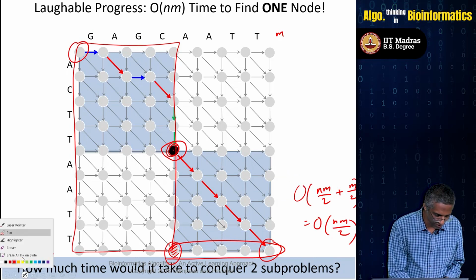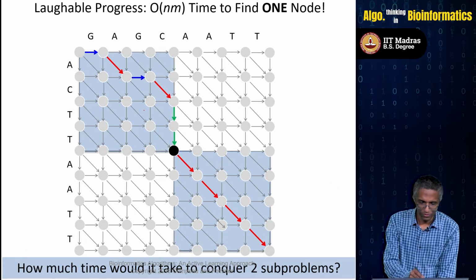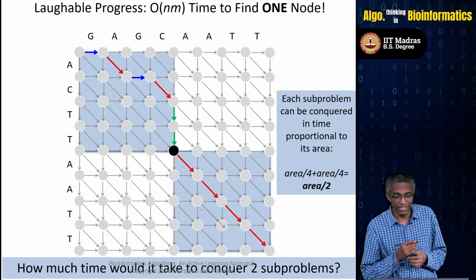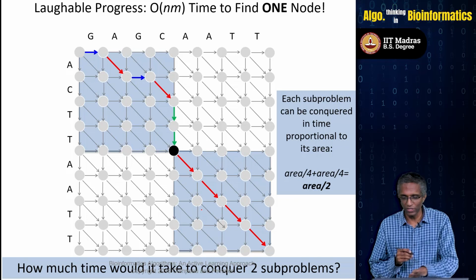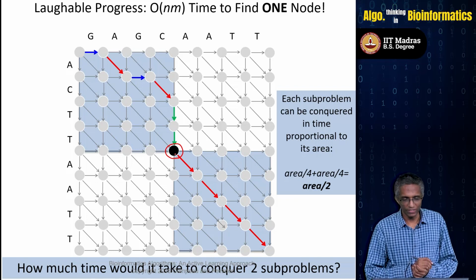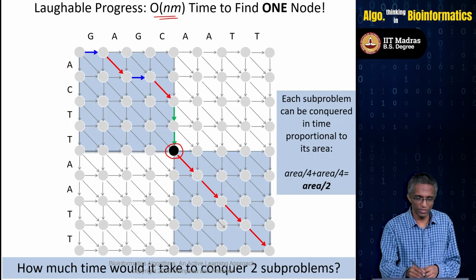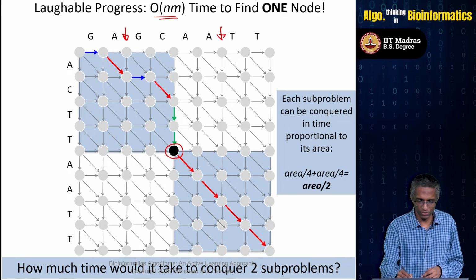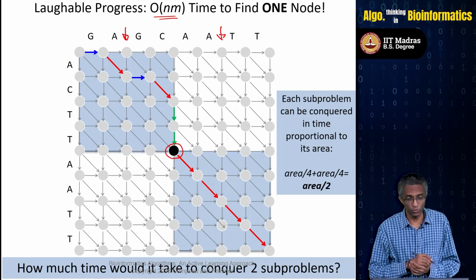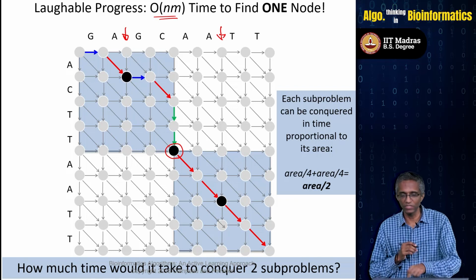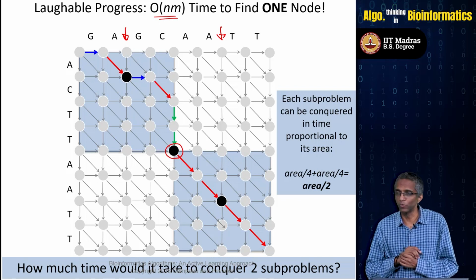When you have such balance of problems, you have area over 4 on this side and area over 4 on the other side, right? So meaning nm over 4 and nm over 4. And so totally you have area over 2, right? So what used to take order of nm time to find this black node, to find the black node in this middle column, it will take half that time, okay? To find both of them, right? So you can find these 2 additional black nodes in time just order of nm over 2, or time area over 2. Okay,